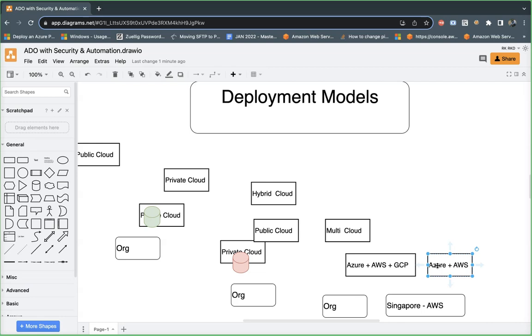Now I'm asking a question. Why will a customer go for multiple environments? What is the reason behind it? Do you think the customer is really rich? That's why they are going? Maybe that could be one reason. But there are a few very strong reasons behind it. You know what those are? For example, team, let's take one example.